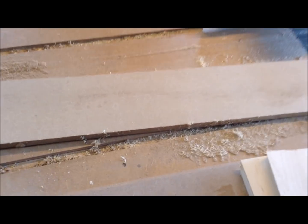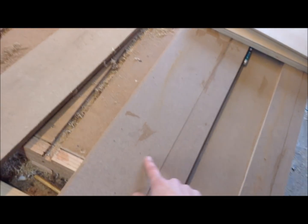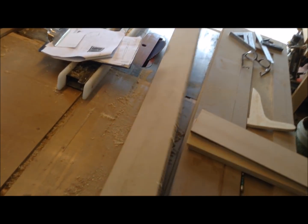I've actually been able to make this entire piece pretty much out of scrap from other projects, just because the pieces are so skinny. It's usually about the same size as cutoffs from other larger pieces of furniture. So this is actually a piece I have left over from when I made a torsion box back around Thanksgiving. So it's 3/4 inch, and it's got the bullnose on the edge, which I'll probably end up cutting off,